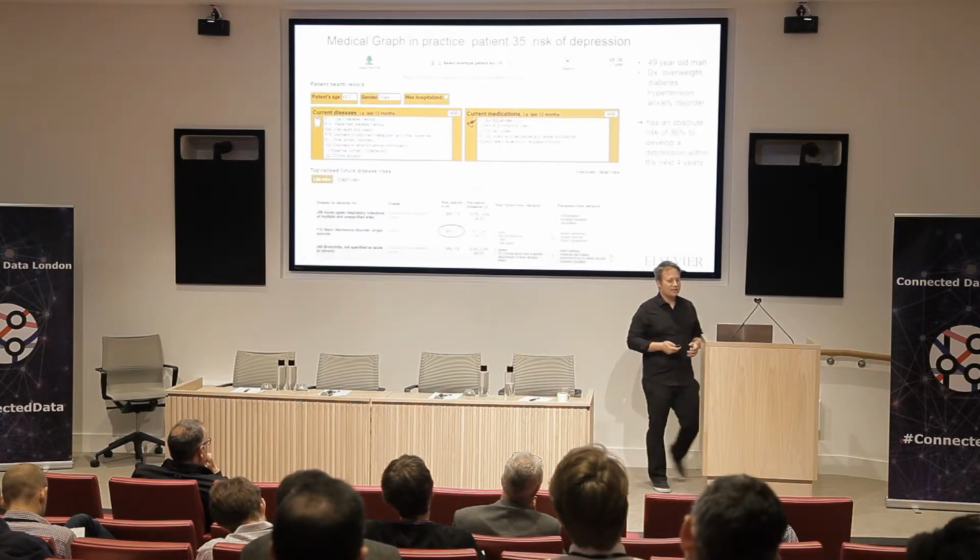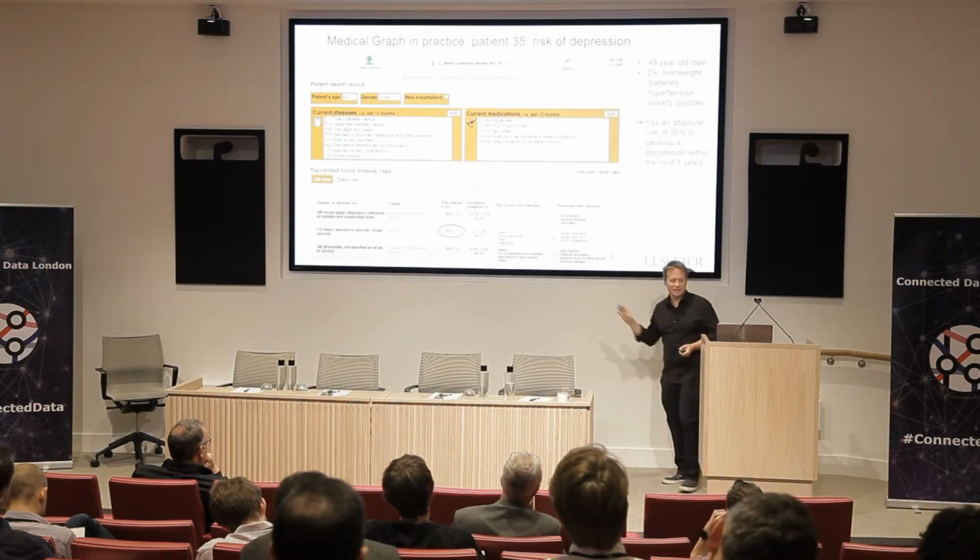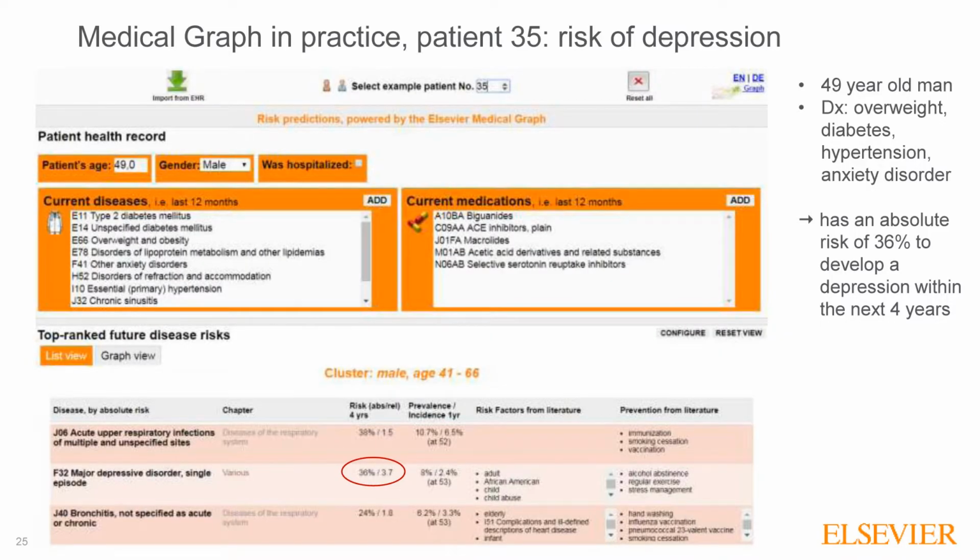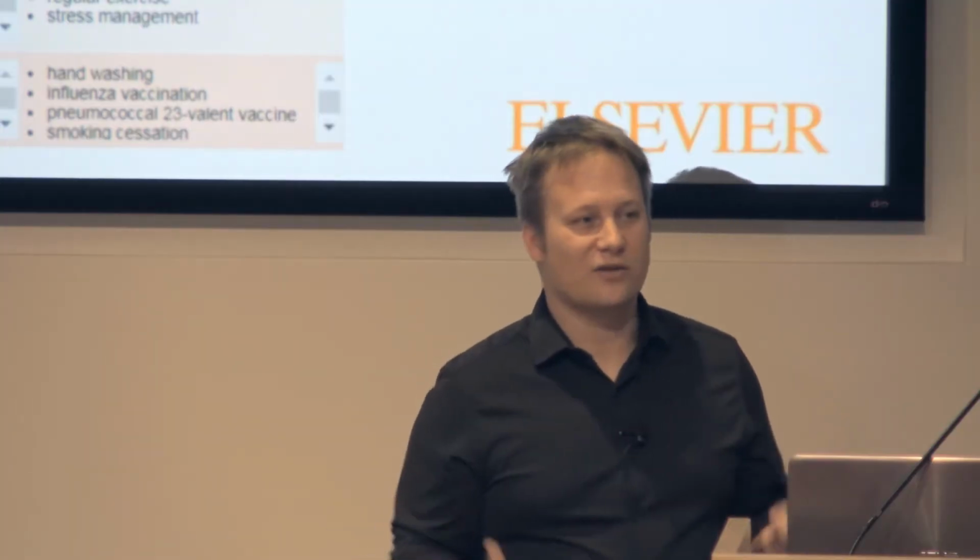Now, using that, this is a demo thing. We can actually ask questions like, if you're a 49-year-old man and you're overweight, you have diabetes, you have hypertension, and anxiety disorder, what is the absolute risk of you getting depression within the next 4 years? And so we can look through that graph and just